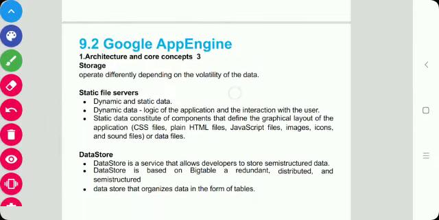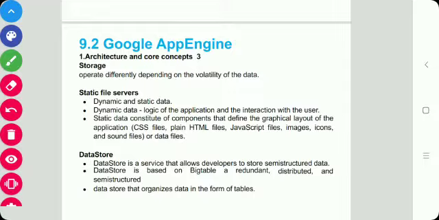Next is storage. App Engine provides various types of storage which operate differently depending on the volatility of the data. There are three different levels of storage: in-memory cache, storage for semi-structured data, and long-term storage. First is static file servers. As we know, the data for a web application may be static or dynamic. Static means data which does not change, and dynamic means data which changes with time, like a match score or weather.